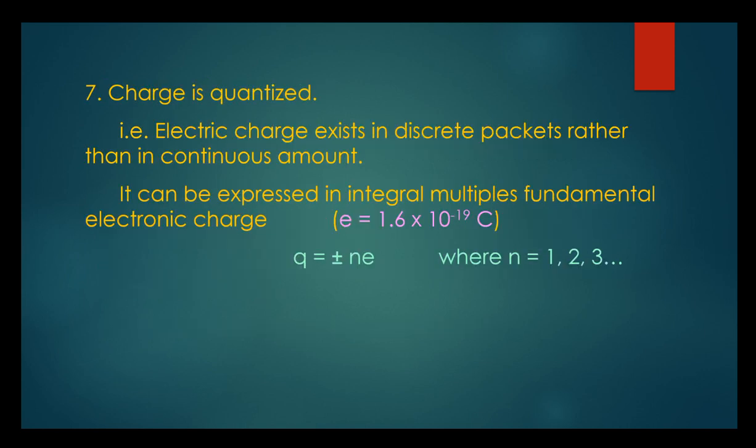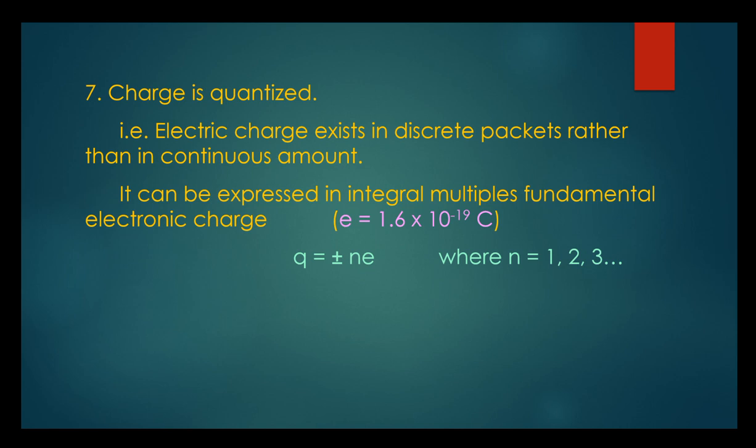The last point is that charge is quantized. This is one of the most important properties of charges. Charge exists in nature as discrete packets rather than in continuous amounts. This is what we mean by charge is quantized. Charge has a quantum. We know that charge appears on a body only because of the transfer of electrons. Whenever there is a transfer of electrons, there will be a transfer of 1, 2, 3 or 4 electrons. An integral number of electrons will be transferred. Never can we have 5.2 electrons transferred from one body to another.